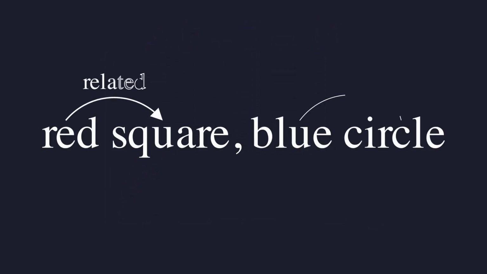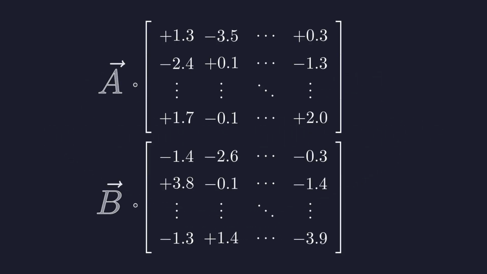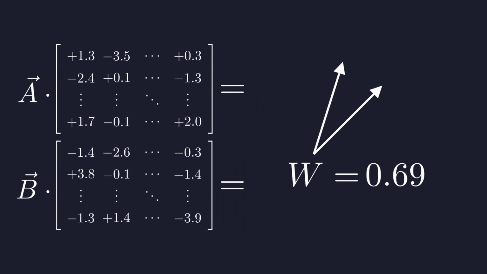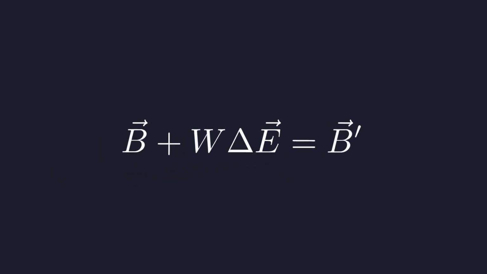Not all tokens are actually related to each other, though. Our model needs to reflect that, so let's add two more matrices, one for A and one for B. By applying the matrices as a transform, we can map A and B to a pair of result vectors, which will be more aligned when A and B are more closely related. Now, we can scale the length of delta E by how related A and B are before adding it to